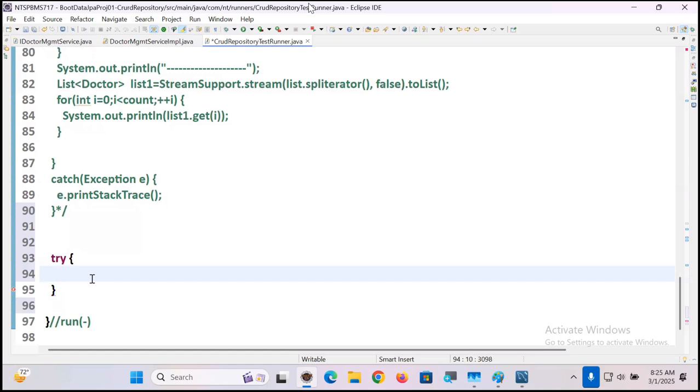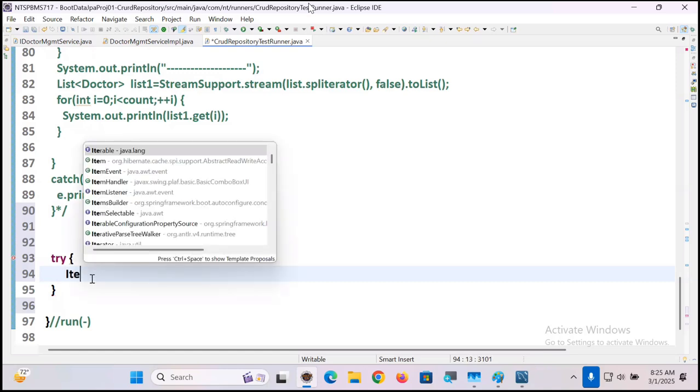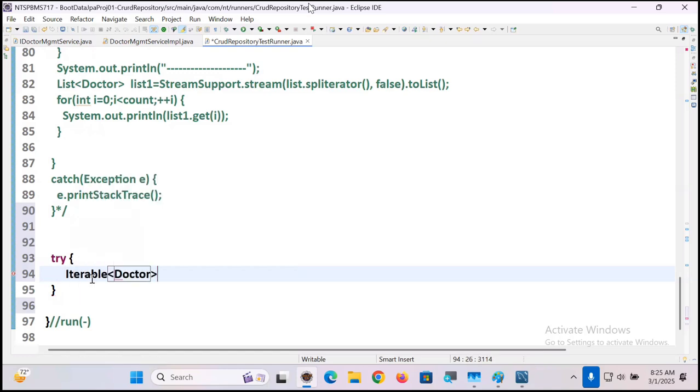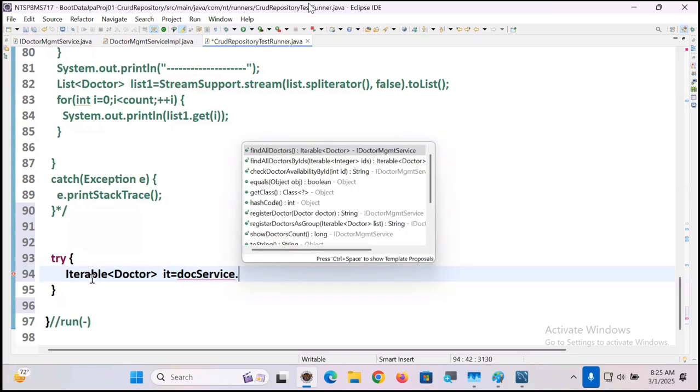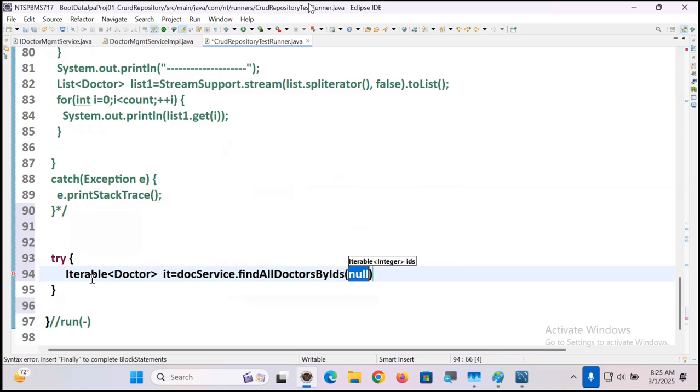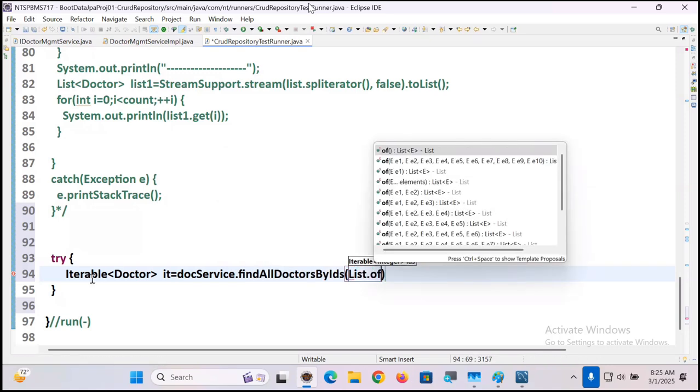What's the method we are having? Iterable doctor IT is equal to docService.findDoctorsByIDs, List.of